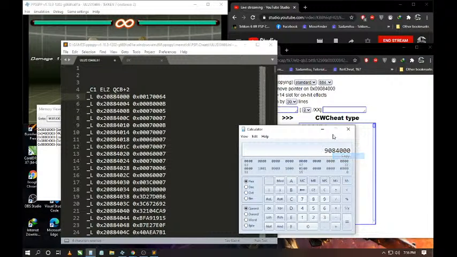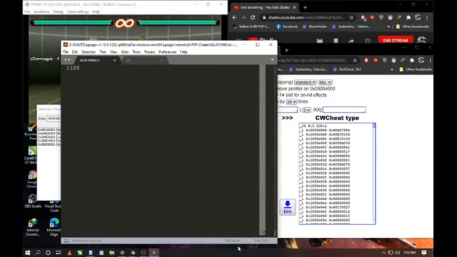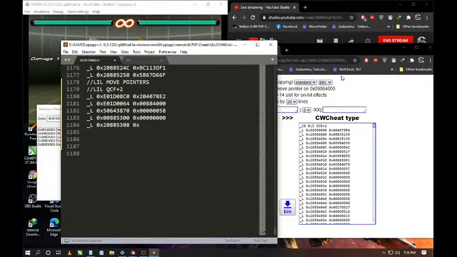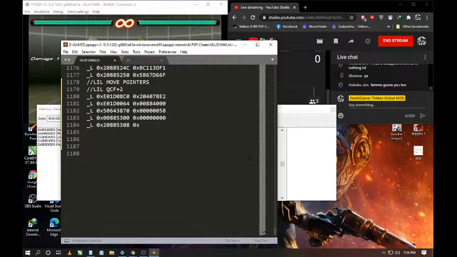But this time we will not write it in the memory viewer. We will write it in the cheats here. So here you can see there are only 7 digits. We need to write 0 by ourselves because the calculator does not give you any zeros. After that you need to write